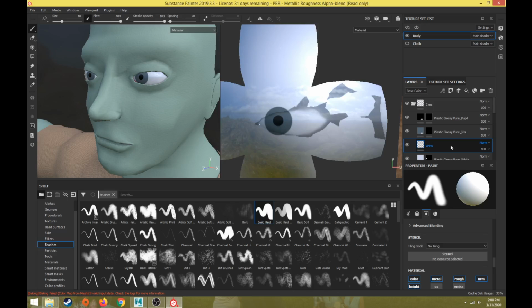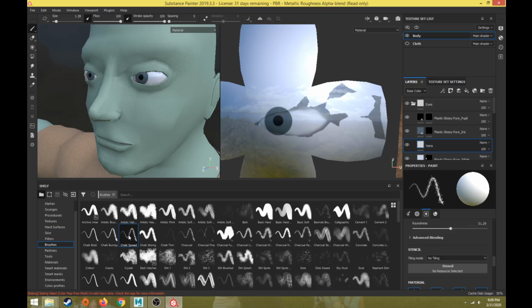In the next video, we'll come back and do smart materials, and we'll talk about how to use some of the smart materials to do veins as well. It's a pretty good smart material that has skin veins that we can use for eyes and things like that also. But we could also come in here with some of these tools, like maybe, I don't know, chalk spread might be interesting to look at. And with a brush,